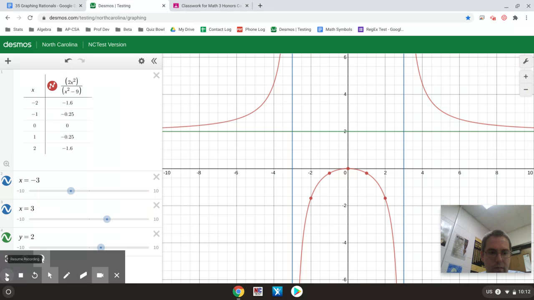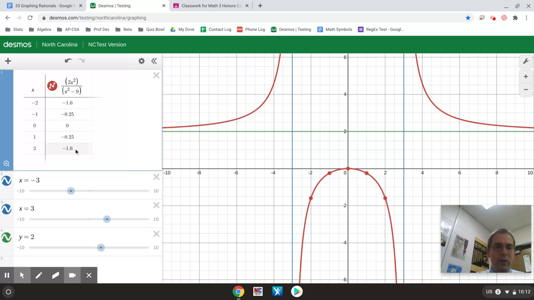So when we get this graph, you can see the vertical asymptotes at -3 and +3 seem to be the branches getting closer to but not crossing. The horizontal asymptote at 2, in this case, both branches are getting closer to it without crossing. Don't worry about the fact the parabola in the middle doesn't quite get there. As long as at least one branch gets close to it, it is a correct horizontal asymptote. And your table, notice, doesn't show the 3, but if we were to type a 3 into my table,